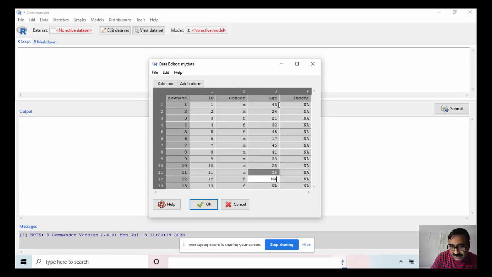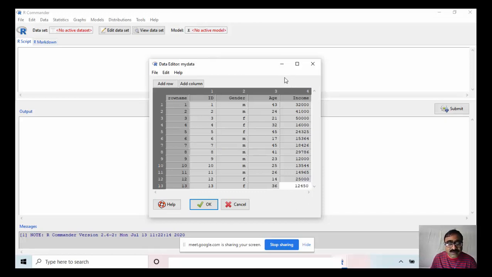So this is hypothetical data I am now creating. Now income. So this is the hypothetical data set I have created.